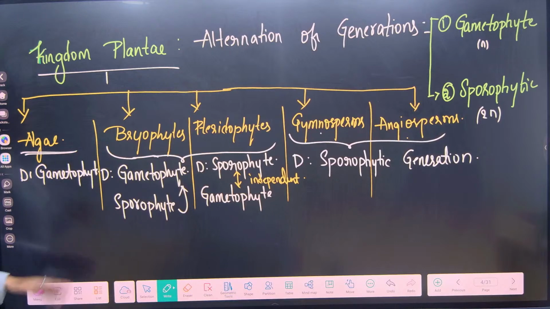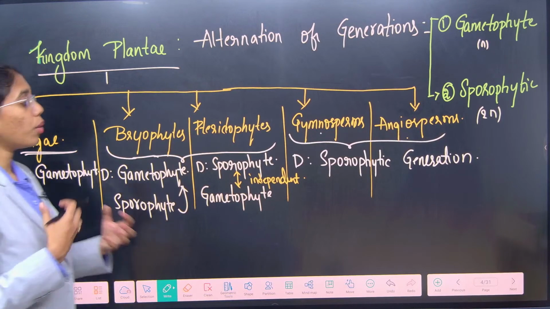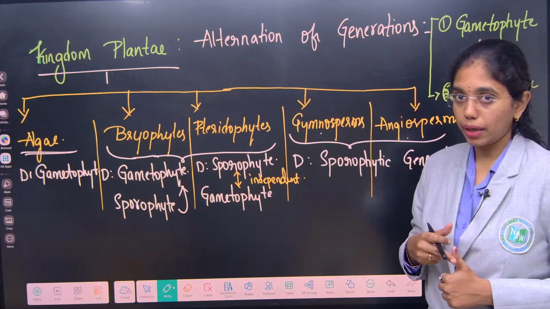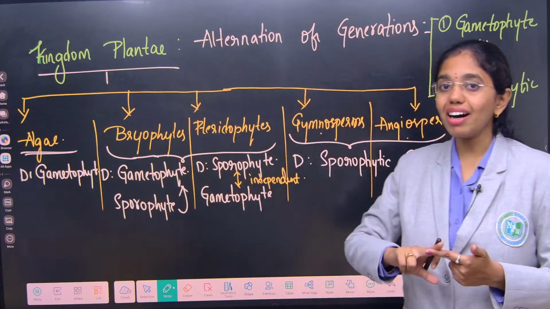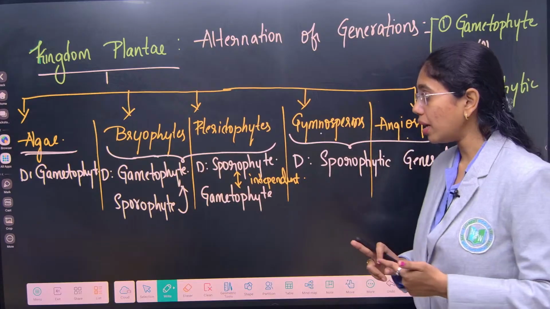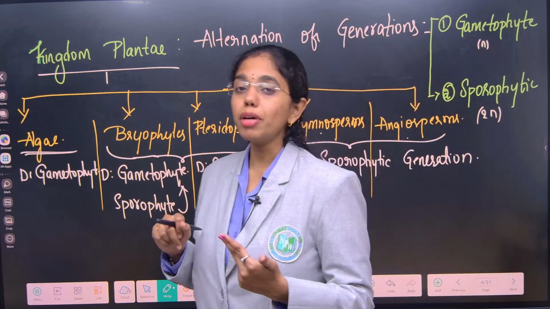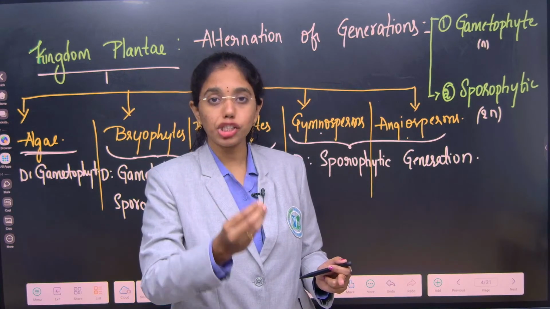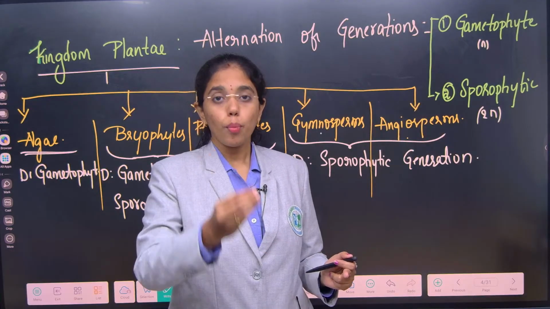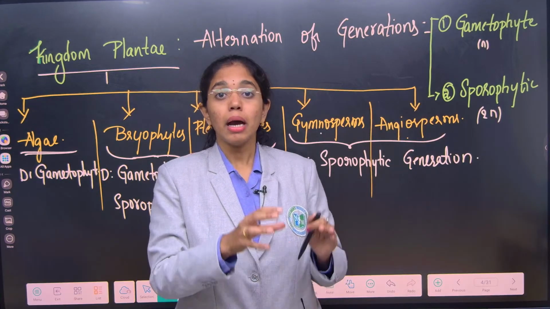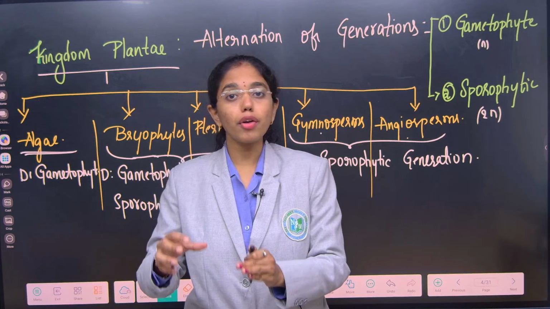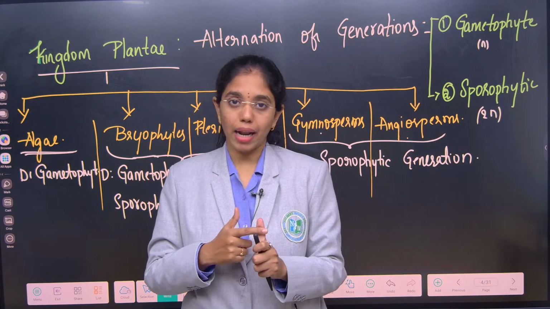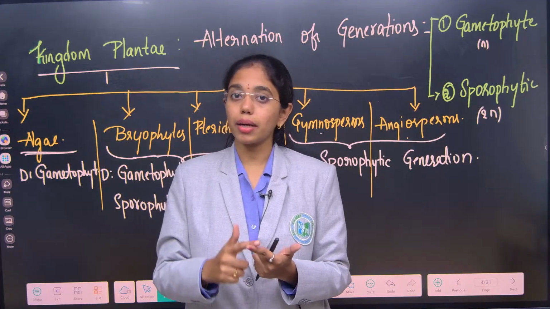You have to know a few more terminologies or basic introductory concepts of all the 5 divisions. Algae we are going to discuss in detail today. Bryophytes are the first terrestrial cryptogams, remember, and they are also known as amphibians of plant kingdom because their habitat is moist, sandy and shady, but they are dependent on water for fertilization. That is the reason Bryophytes are addressed as amphibians of plant kingdom and they are the first terrestrial cryptogams.